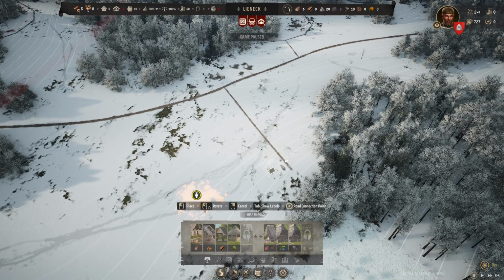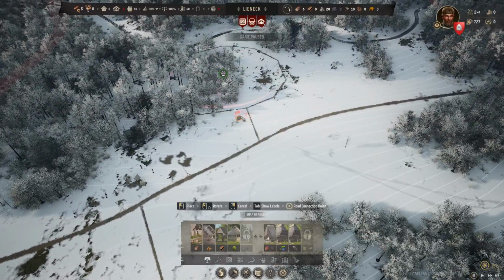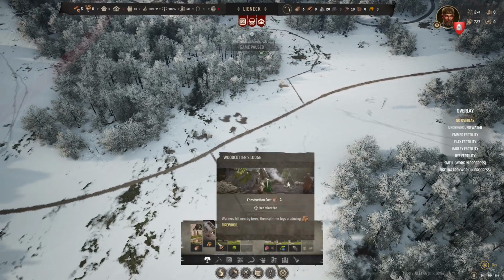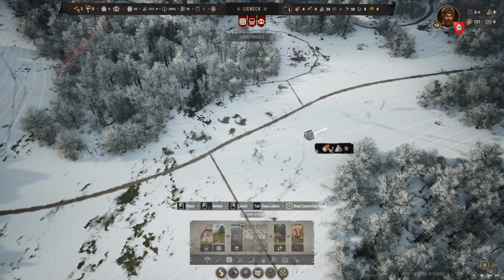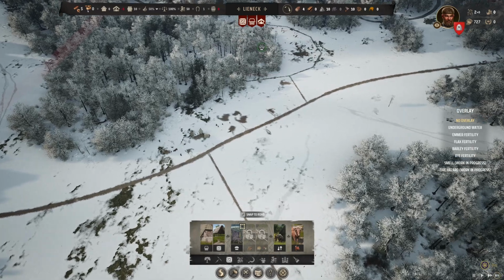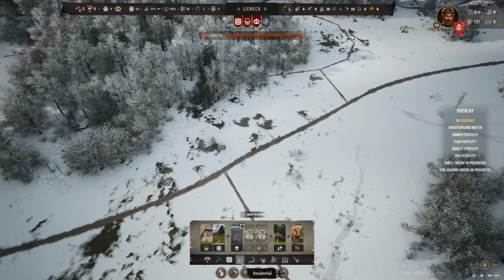Start grabbing some berries as soon as possible. Well, those berries are going to be gone. That's fine. Grab a hunting camp as well. And then we want to grab a granary wherever granaries are. And once we've done that, we might be able to...